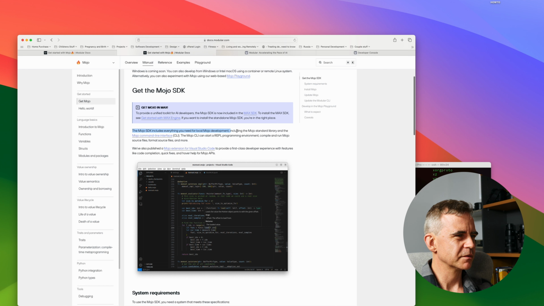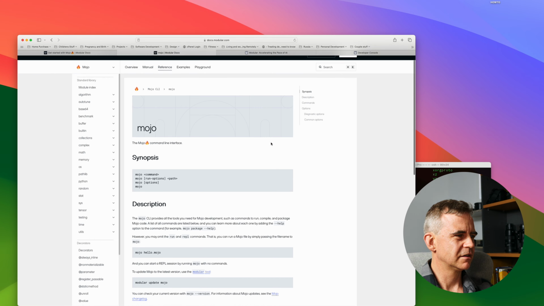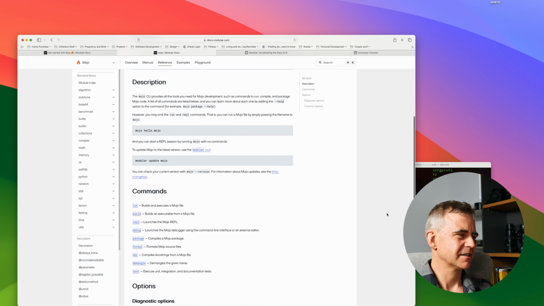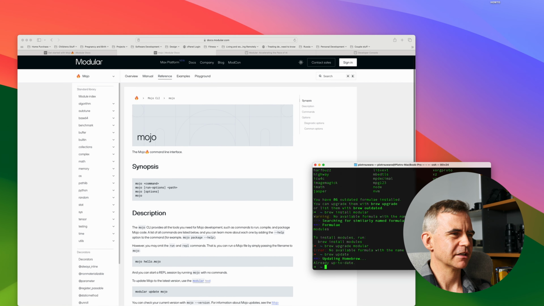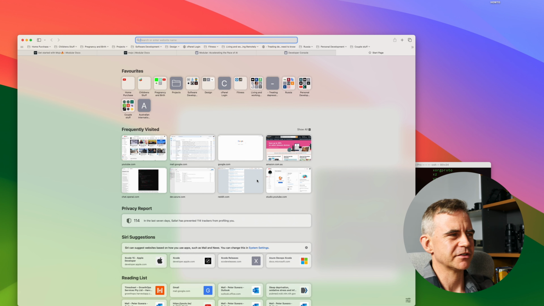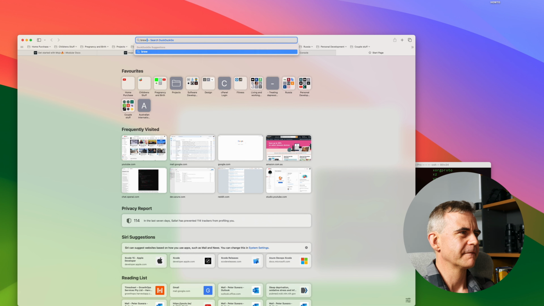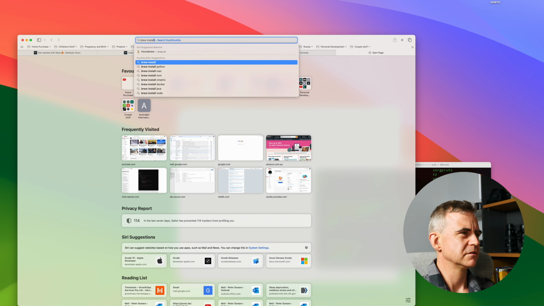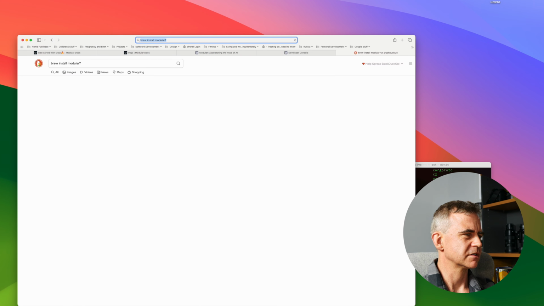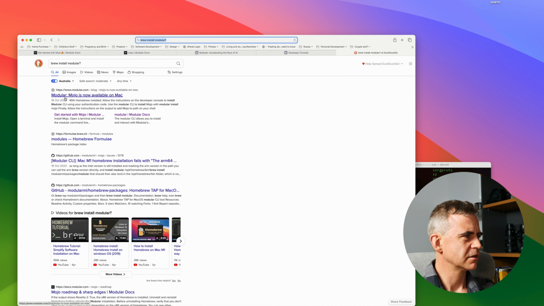The Mojo SDK includes the standard Mojo library and the Mojo command line interface. Okay, so this is getting a bit out of hand. How do you even brew update? We haven't even started doing anything here. Brew install modular. Modular doesn't work. Modular CLI.